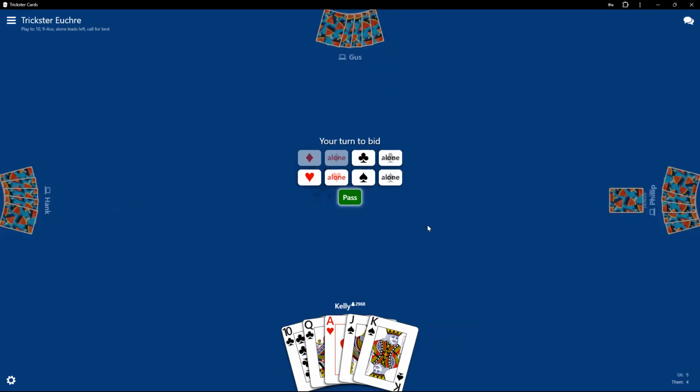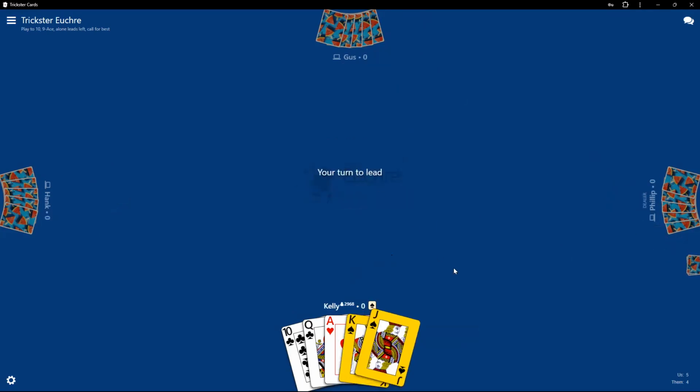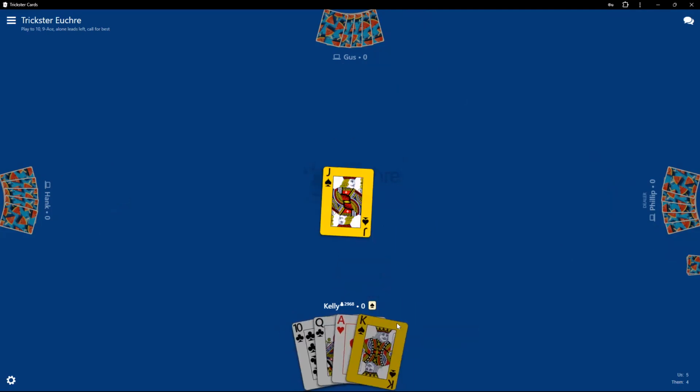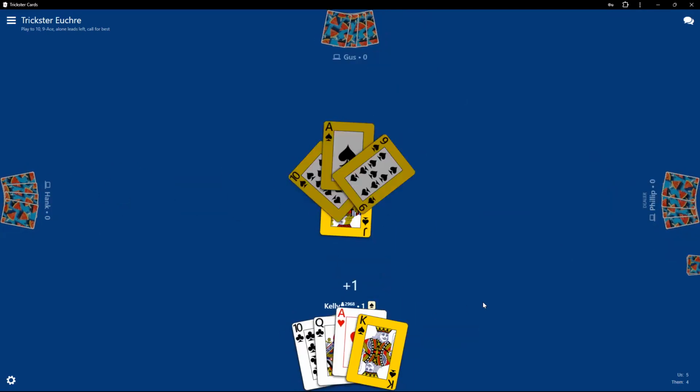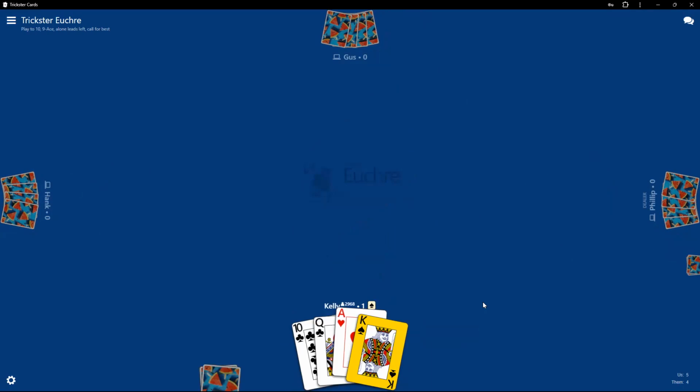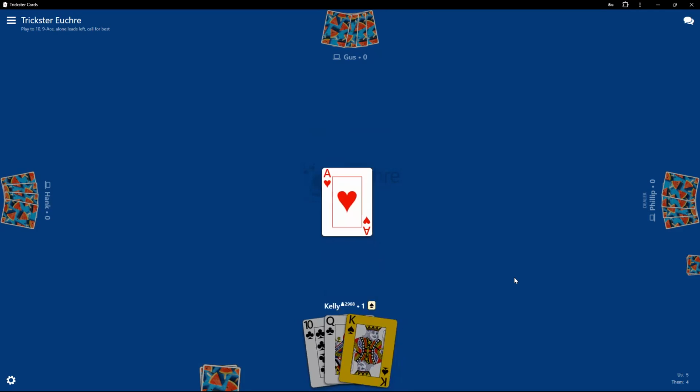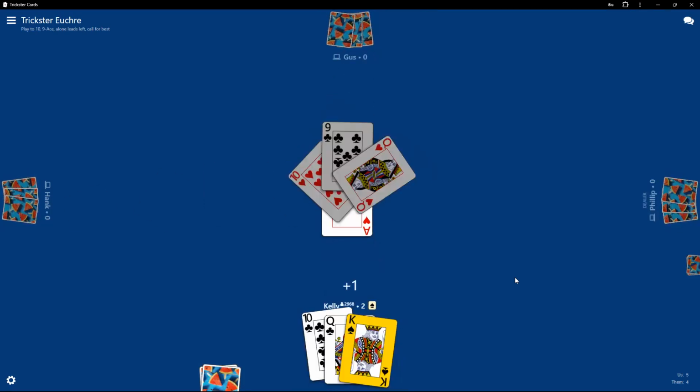Oh, I'm tempted. Now, if I was the dealer, I would definitely go alone here to get rid of these two cards. But I'm going to trust my partner, just have the sense that they're going to have some spades. So let's see. Wouldn't it be nice to see the Jack of Clubs come out? So that's four trump. And see, normally it would suggest that I play that, but no, I can play the ace. It usually works, not always.